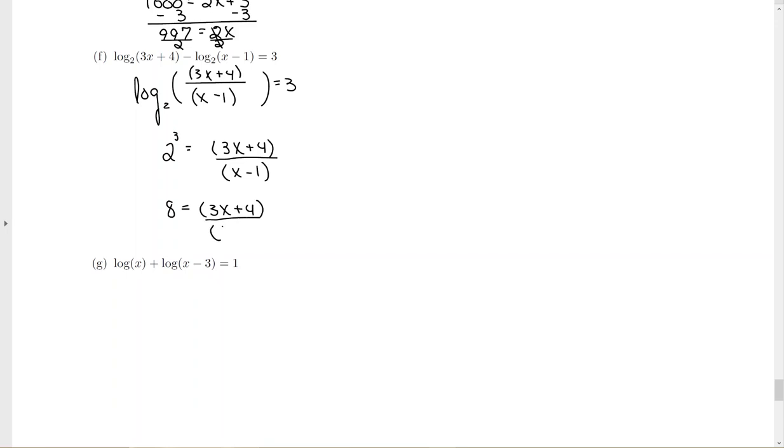This looks a little different than our other problems because before we were having to multiply stuff out and set it equal to 0 and then factor it. There was a whole process there. This one's a little bit easier. If you think about it this way, put the constant over 1 and then you can do a cross multiplication to clear the fraction. In other words, take 1 times 3x plus 4